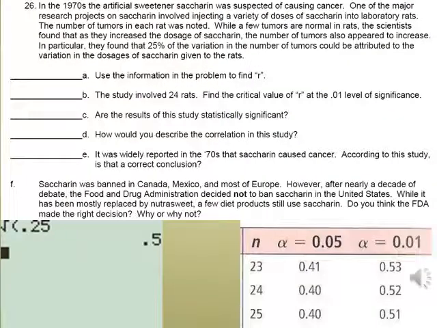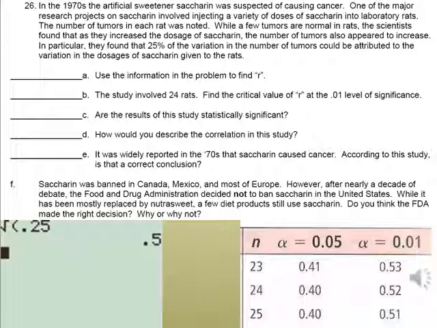And the next couple questions kind of tie together all the different stuff we've talked about. We have this one that talks about the artificial sweetener saccharin. You can still find saccharin in pink packets in restaurants. But not a lot of people use it to sweeten other things today. We've moved on to things like aspartame and stevia and various things like that. But it used to be, back when I was a kid, that saccharin was what Diet Pop and Diet Anything was made with. Here they tell us that 25% of the variation in one thing is due to another,